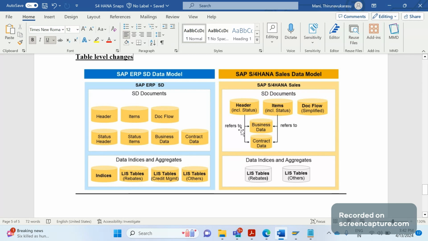If you compare this with the S/4HANA data model, we have header and item. The VBAK header and the VBAP item. So in S/4HANA, we don't have status tables. The first change is that